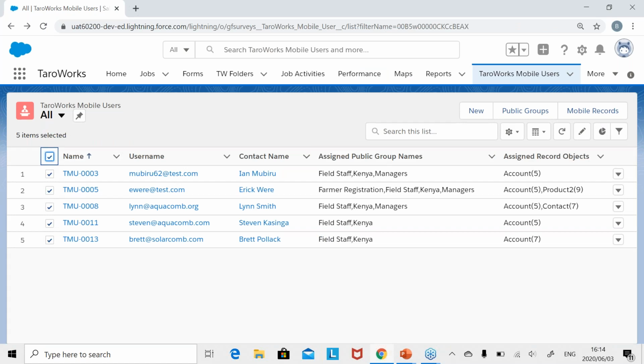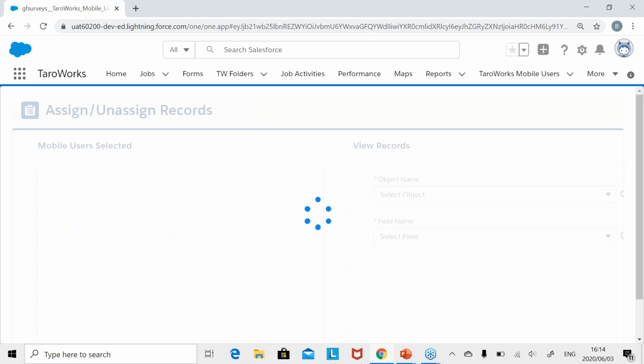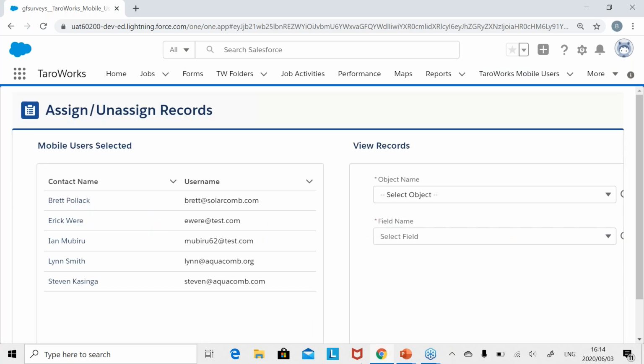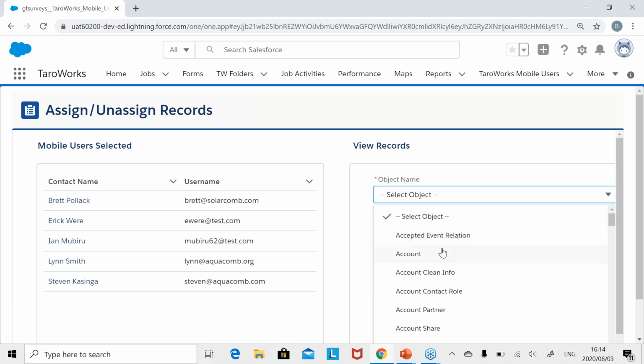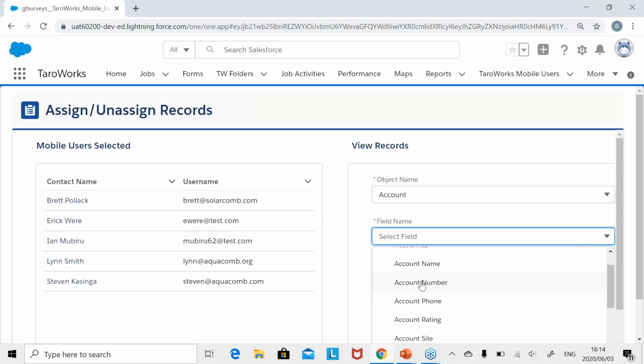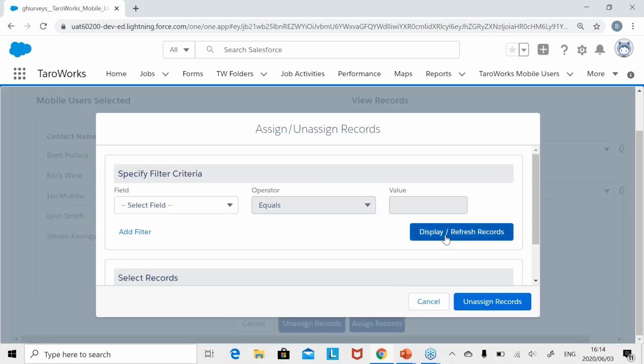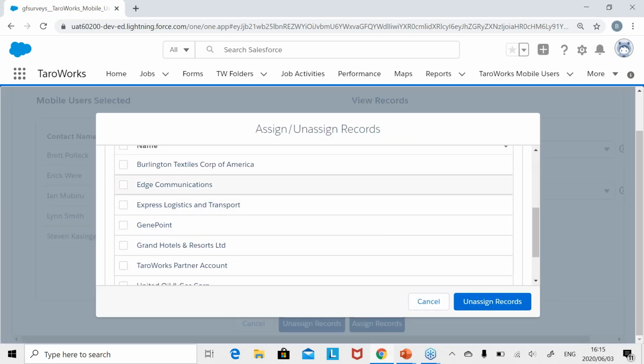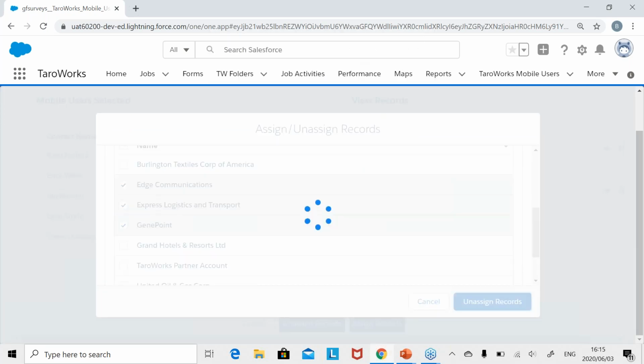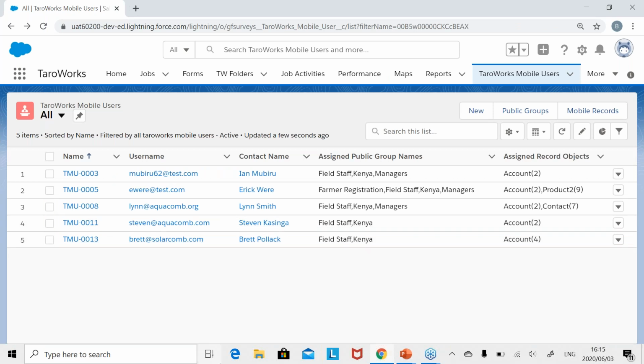And then similarly to unassign records to more than one mobile user, we would select the mobile users, click on mobile records, choose the object and fields again, and then click on unassign, display and refresh records, and then choose the records to unassign. Great, so